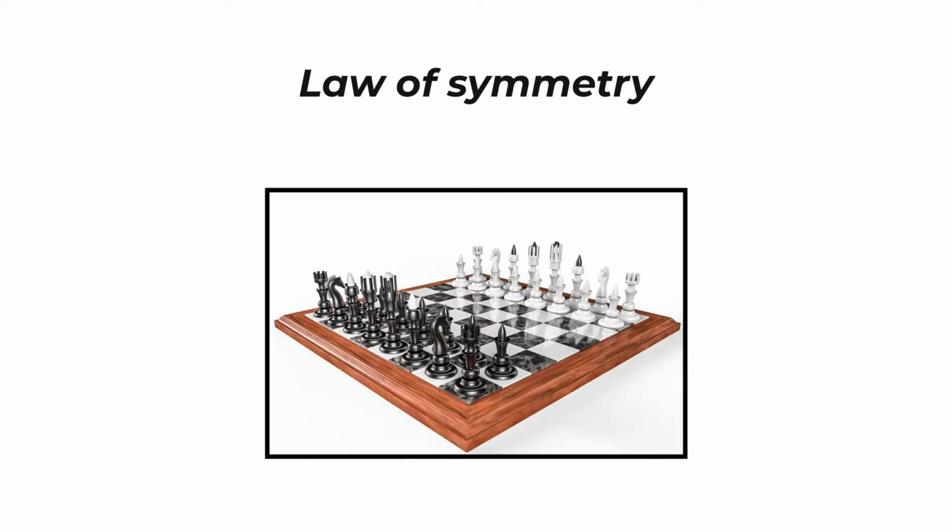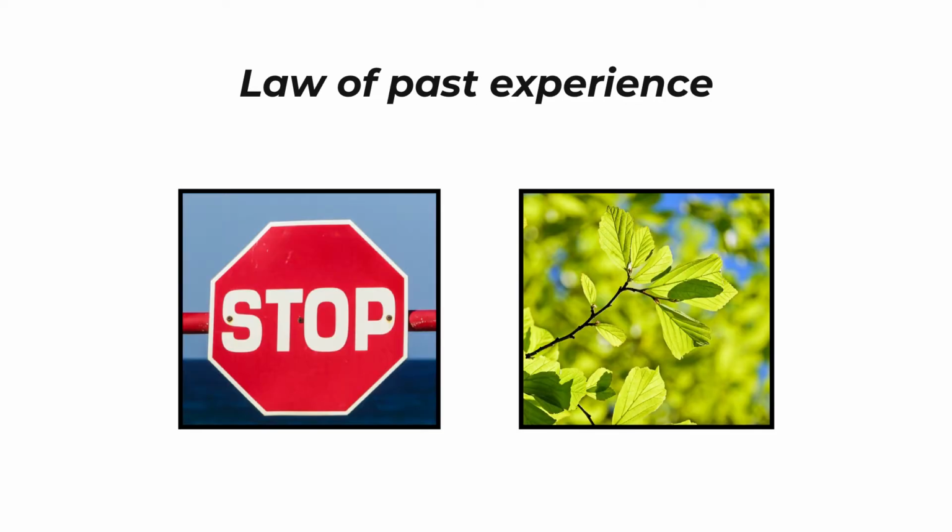One law is symmetry, meaning that items that are symmetrical to each other are seen as a group. Finally, the law of past experience, that can be explained by colors, such as red meaning a warning or green meaning nature. Well, enough with this, let us show you how this all goes into practice with a very interesting